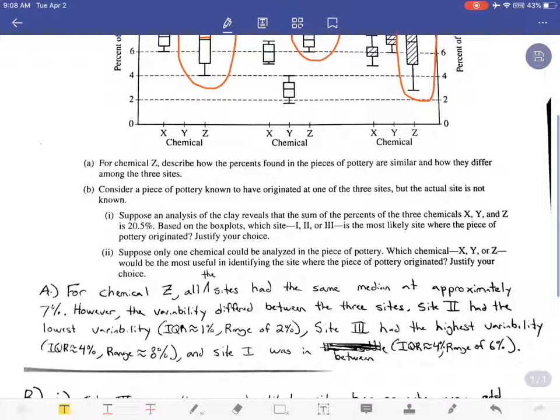Okay, you see there's no outliers, so that's something we don't have to talk about. If there's no outliers given to you in the problem, they don't ask you a specific question about it, then you don't really need to talk about that. So if you look at my response,